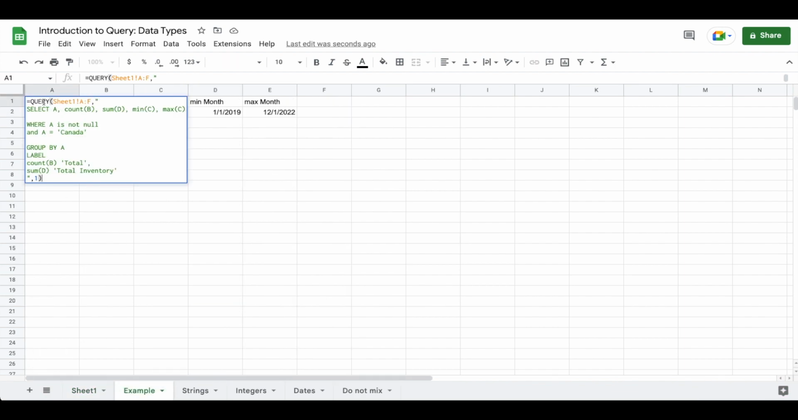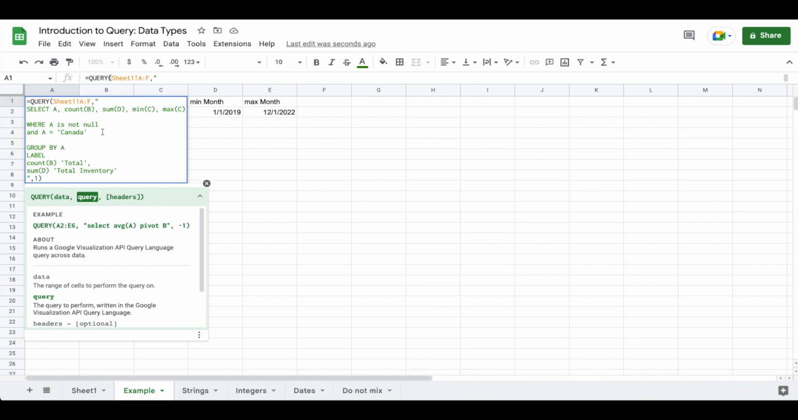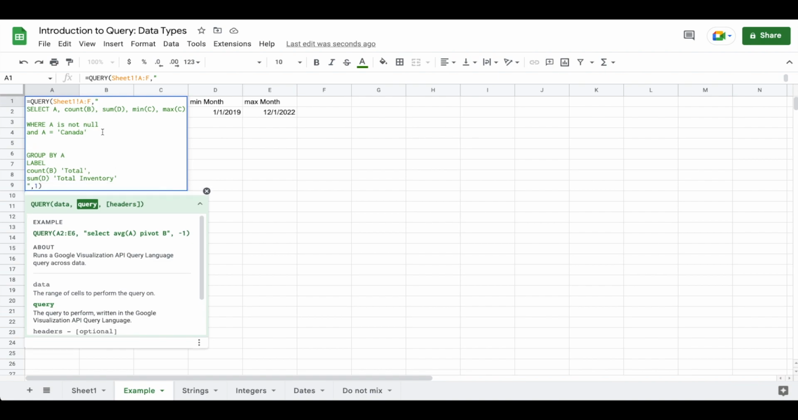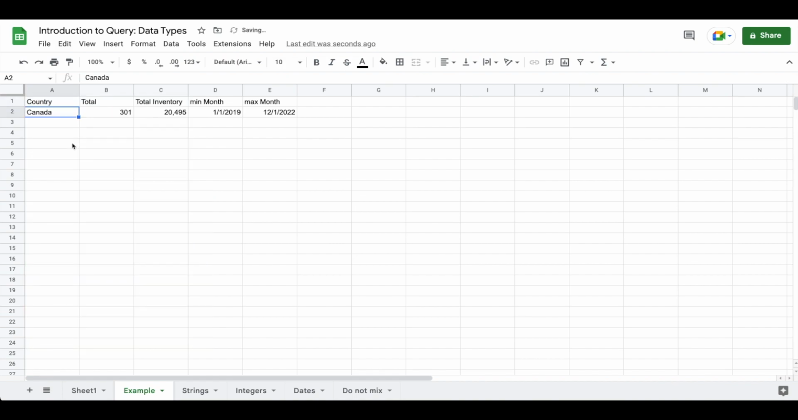So we can go back into our query statement, and in addition to saying where A is not null and A equals Canada, I'm going to add in a statement that says, and D, which is our inventory, is greater than or equal to 40. And you'll notice that when I entered in 40 like this, I didn't include single quotes, right? And now you can see that our inventory went from, I believe it was 480 down to 301. Yep, our total went from